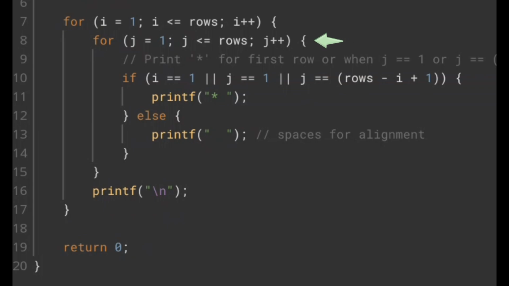The program ultimately prints a 5 by 5 square grid pattern that forms a right angle hollow triangle leaning to the left. if (i == 1 || j == 1 || j == (rows - i + 1)) {